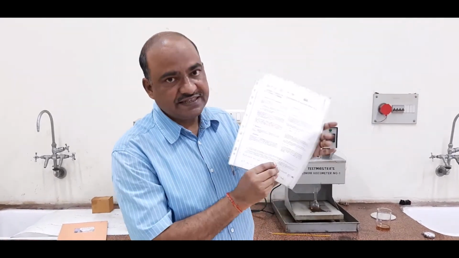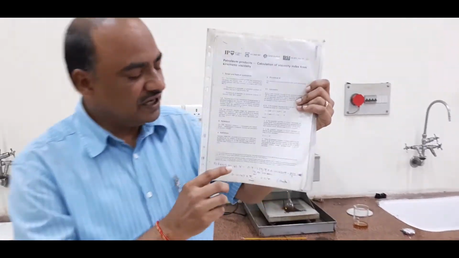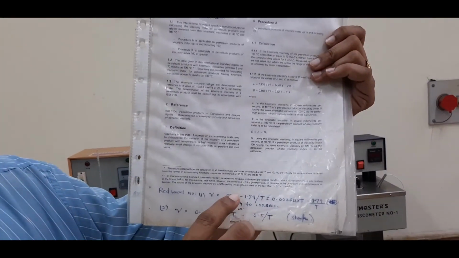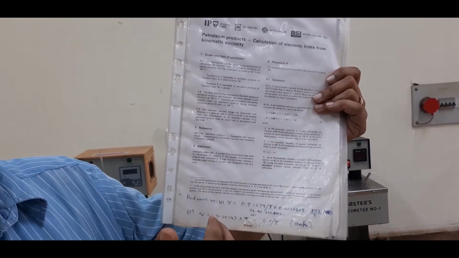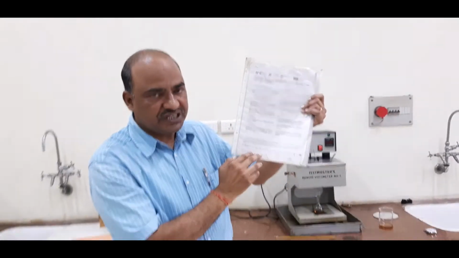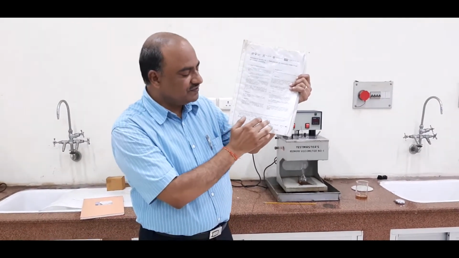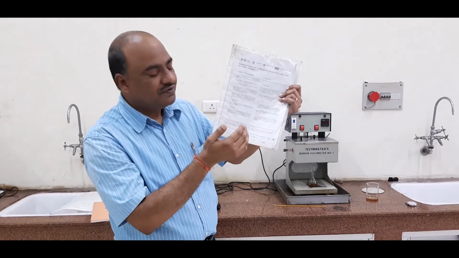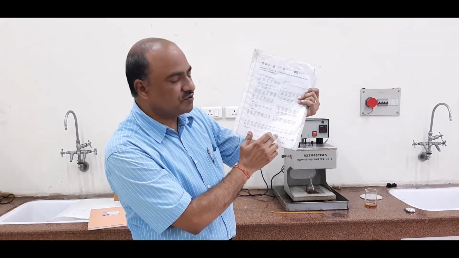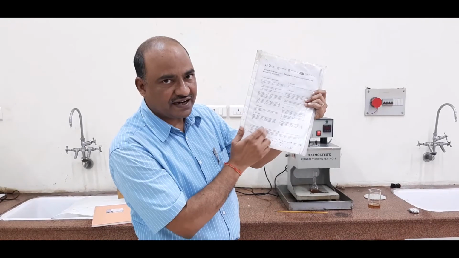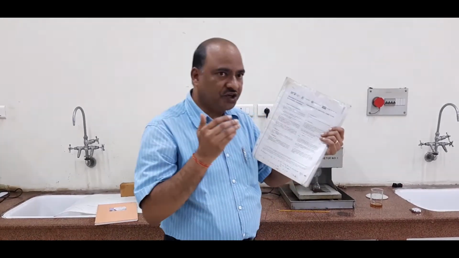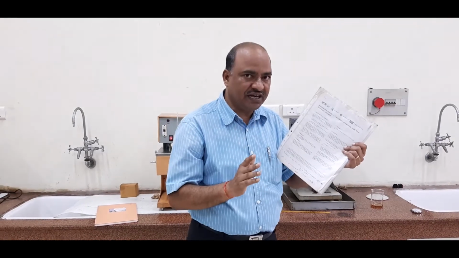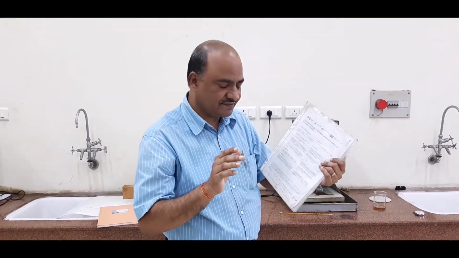Now by using this formula, either this one or this one, you have to convert those seconds into centistokes. That is a standard unit of viscosity. The condition of using this formula is, if efflux time is less than 100 seconds, you have to apply the first one, otherwise the second one for conversion from seconds to centistokes. This way you have got two values of viscosity, first at 40 degrees, second at 100 degrees Celsius.